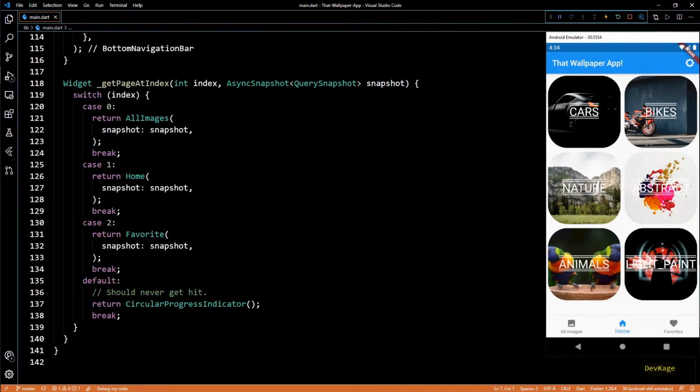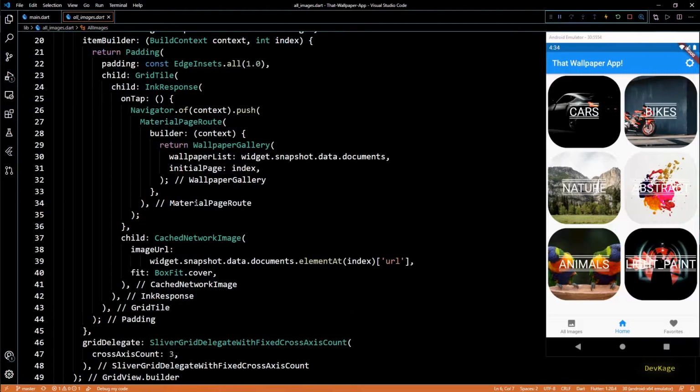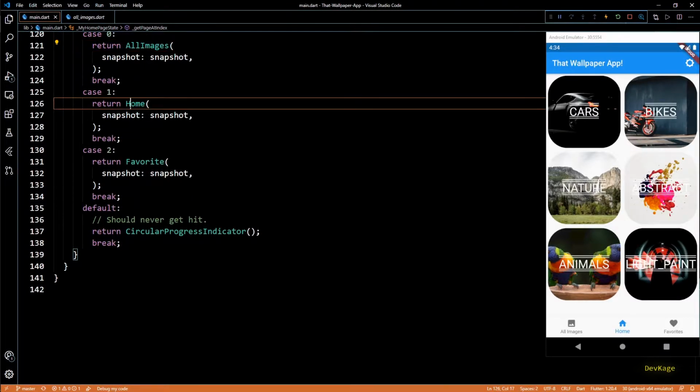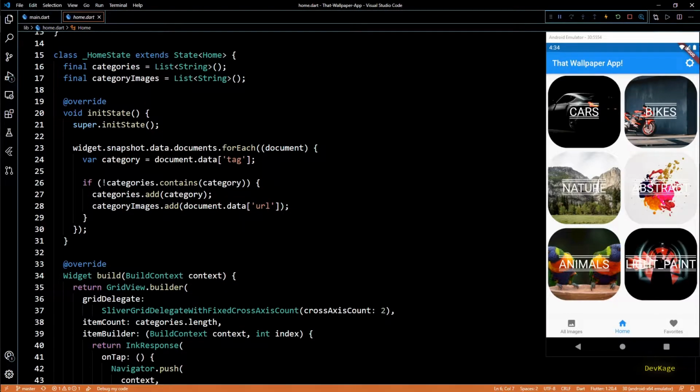data of any wallpaper. If you look at the code right now, you'll find that to get the URL and category of a wallpaper from the document snapshot, we have hard-coded those keys like URL and tag. And we have done this at multiple places. This gets the job done. But what will happen if tomorrow you want to change the key string in Firestore? In that case, you'll have to modify all the hard-coded strings at all these places. And there is a good chance that you might miss replacing it at some places, which might introduce bugs in your app.